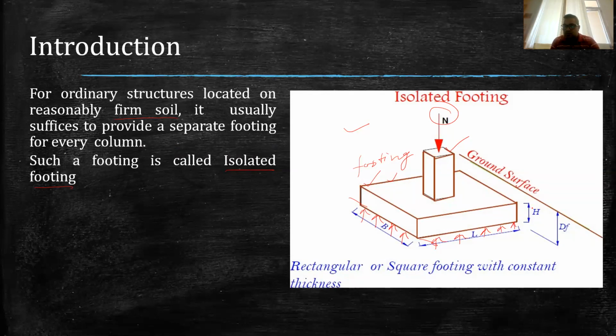And this h is basically the depth of this foundation. So sometimes we express this with d or small d. Small d is basically the effective depth. So this effective depth is very important, and it is generally designed by considering various criteria under which this footing may fail. So we consider all those failure criteria, and based on those failure criteria, we calculate this depth. And this df is the depth of foundation from the ground level.